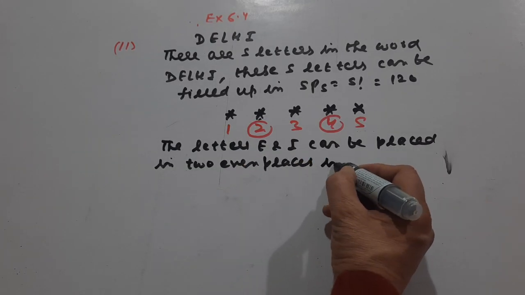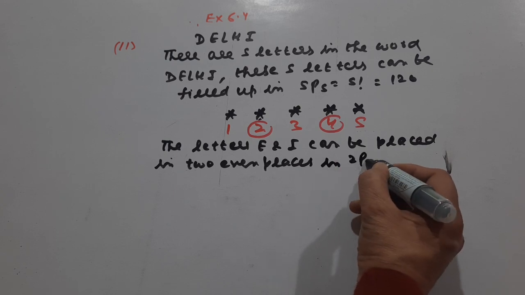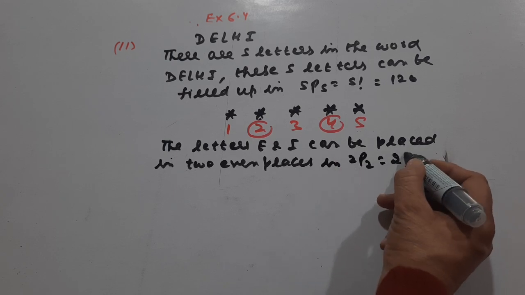In how many ways? In 2P2 ways, means 2 factorial ways,